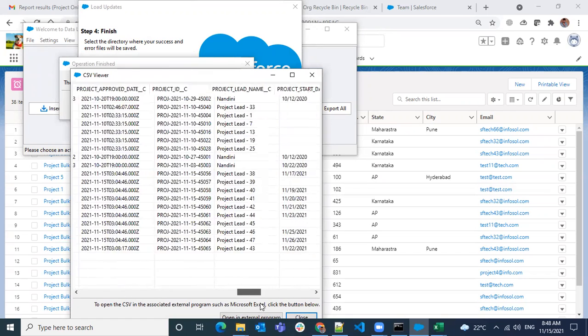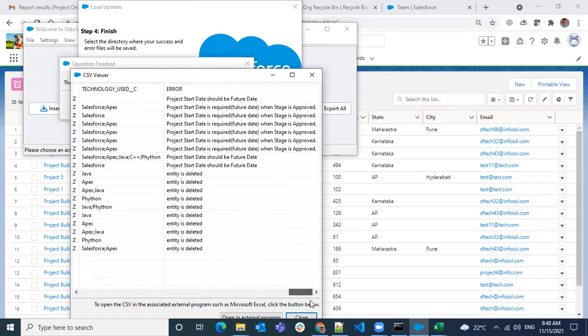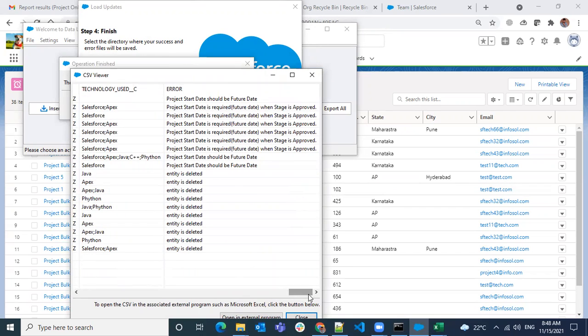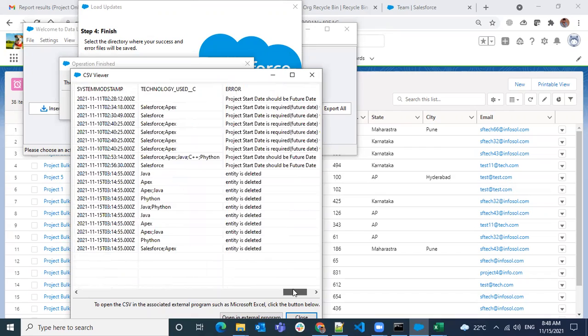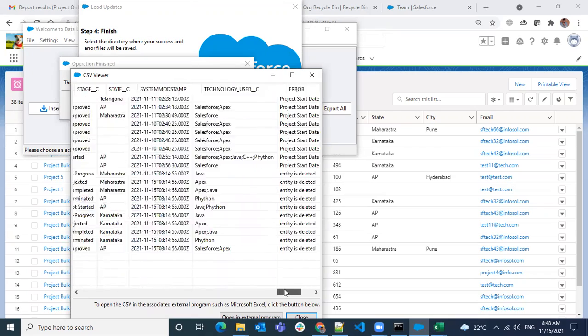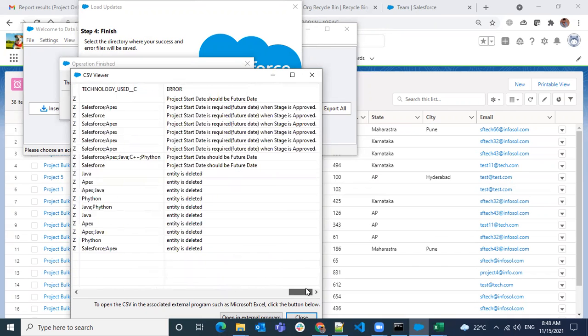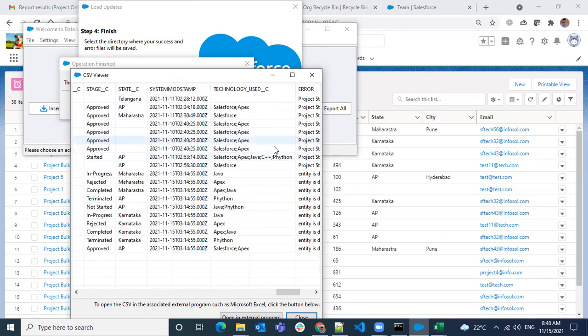So we have validation rules, right? Okay, the entity is deleted, so we cannot undelete. Undelete is not allowed here in the update, and the other records are also failing because of a validation rule.